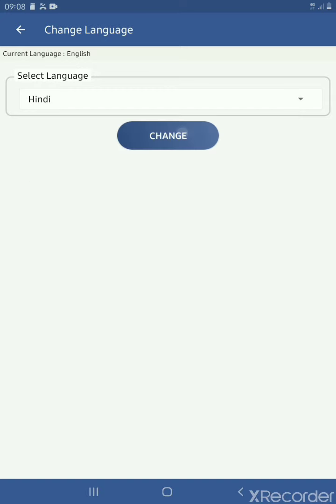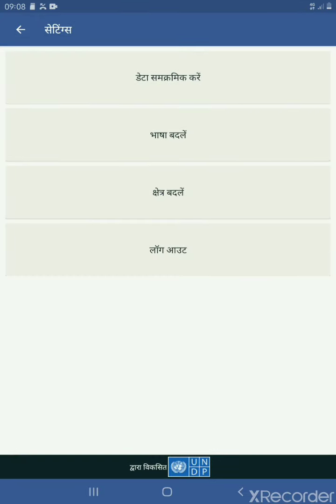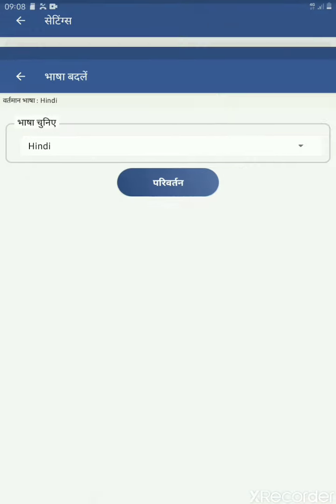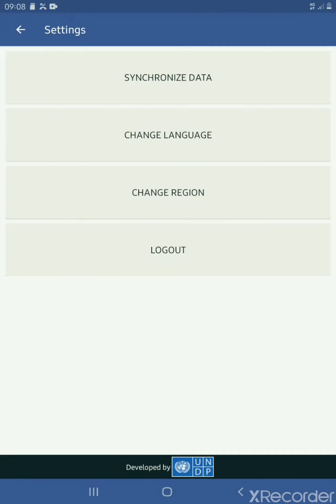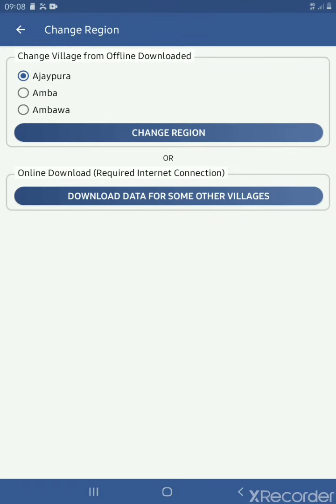Say if I select Hindi, then we can use our application in Hindi. Similarly we have other language options as well, like Odia, Kannada, Marathi, Telugu, Gujarati, Assamese. For now we are selecting English. Next we have change region. In this change region there are two things. For example, I had selected 3 villages, out of which I was working in one of the villages,